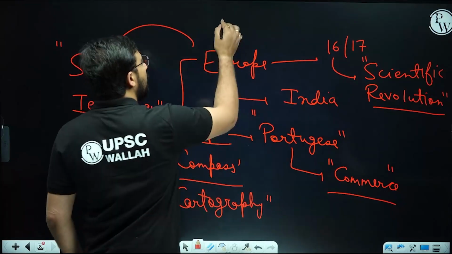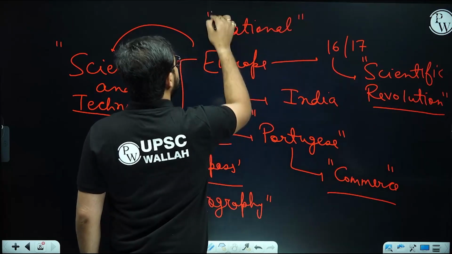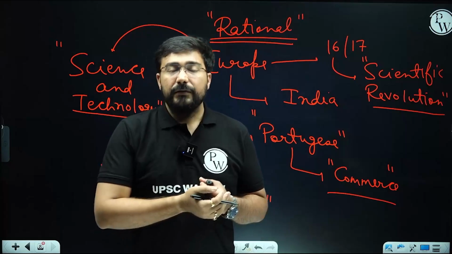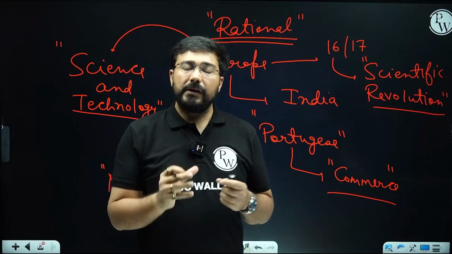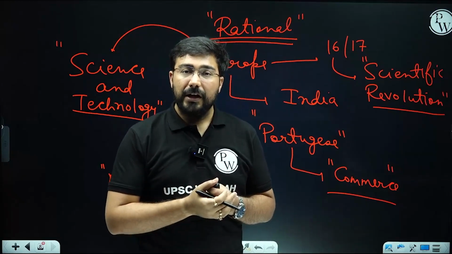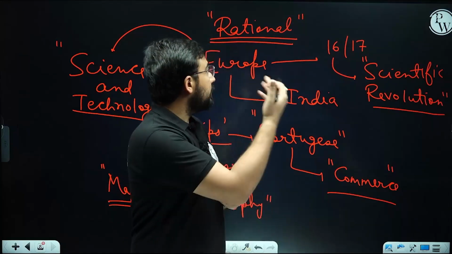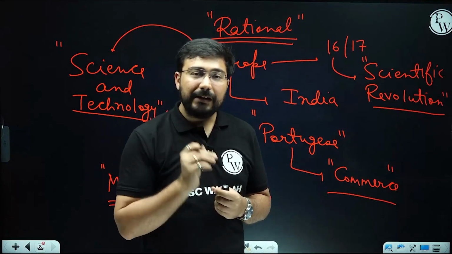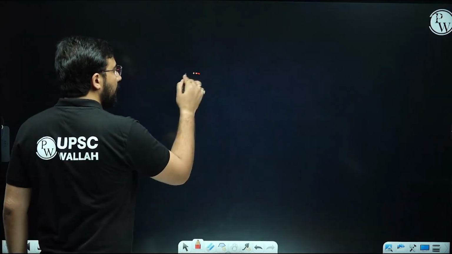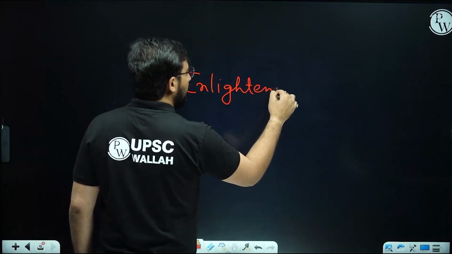So Europe was now becoming more rational than before in terms of the application of ideas. That's why I say the word modern is often linked with Europe first, and then from there we see the entry of modern ideas. Because Europe went through the process of Renaissance, then they went through the process of scientific revolution, and finally in the 18th century we are able to understand that Europe went through a process which is known as Enlightenment.